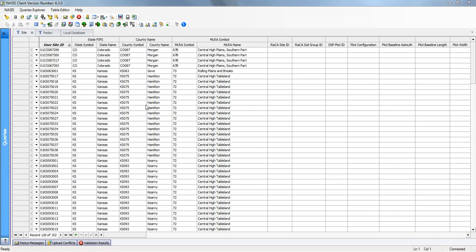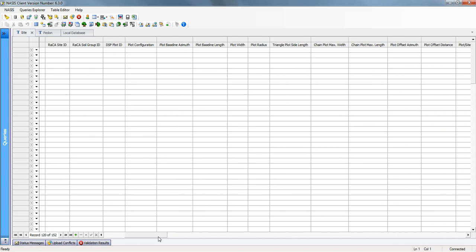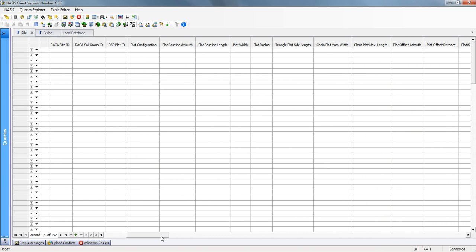of the data. What I want to cover now are some of the new features that we've added into NASIS 6.3. The state FIPS, the county name, and the MLRA symbol were typically handled in the overlap tables, and I'll discuss that in just a second. And we've now moved those here into the site table so that we can get some consistency in the population of this information. And then we follow this with the RACA, Rapid Carbon Assessment columns that were added for the